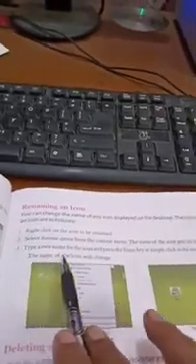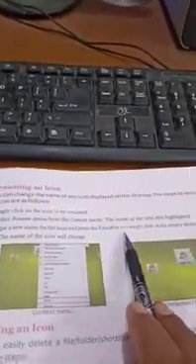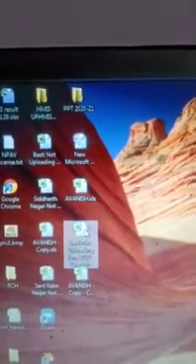The name of the icon gets highlighted. Third, type a name for the icon and press the enter key, or simply click in the empty desktop area. The name of the icon will change. So if I want to rename that file, then I have to right click.